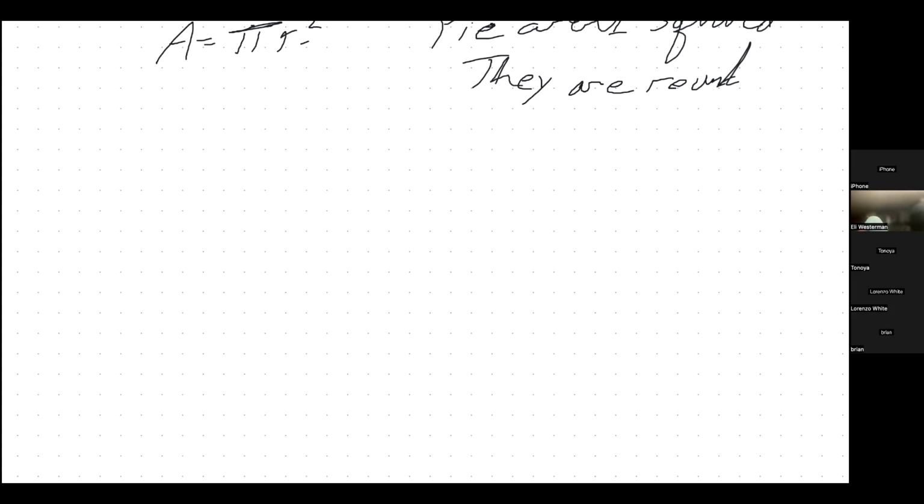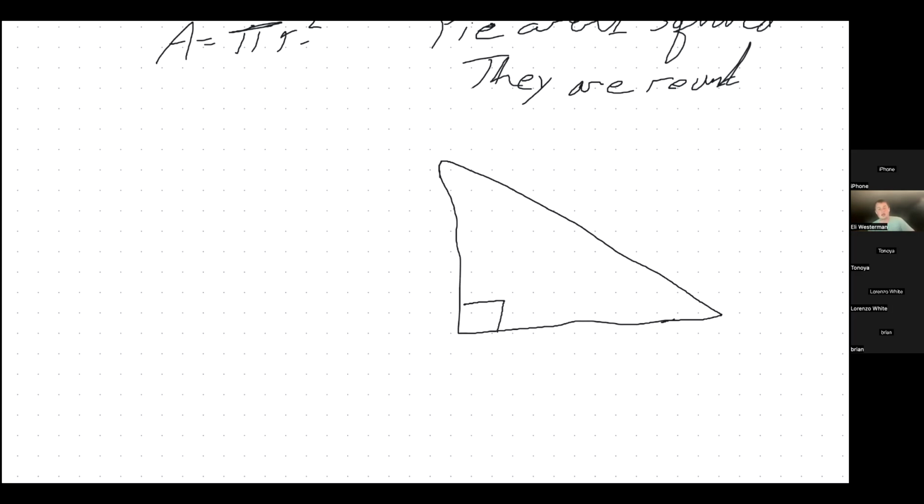All right, so sometimes we're going to get triangles, and they're going to be nice triangles. They're going to be very lawful triangles. They're going to have a right angle like this, and then there are two other angles. This is called a right triangle. And when we have a right triangle,